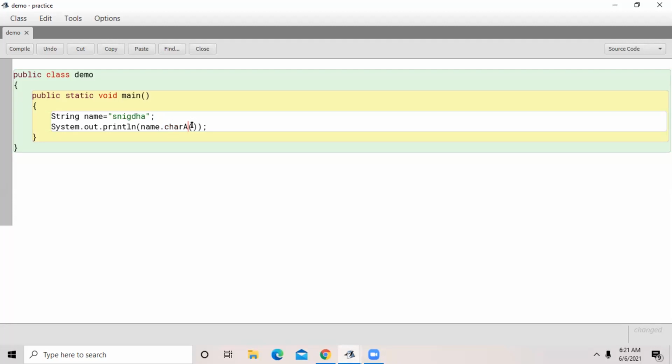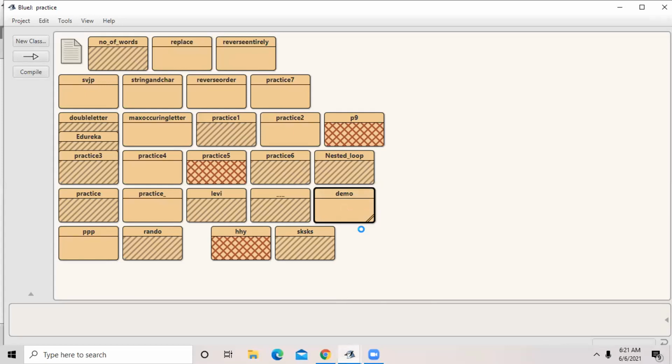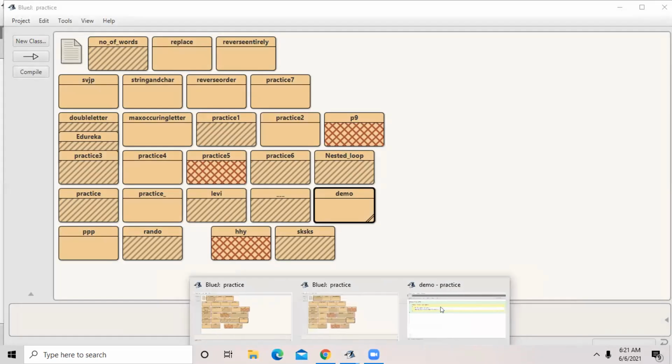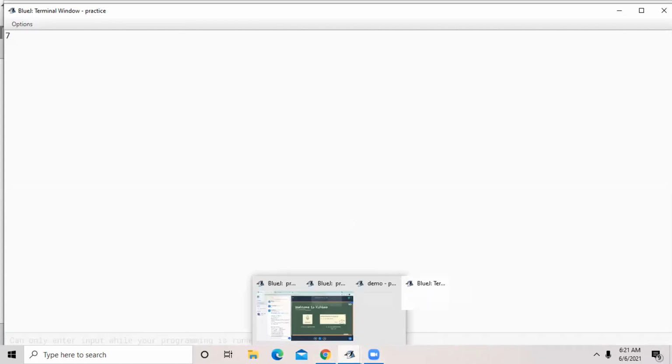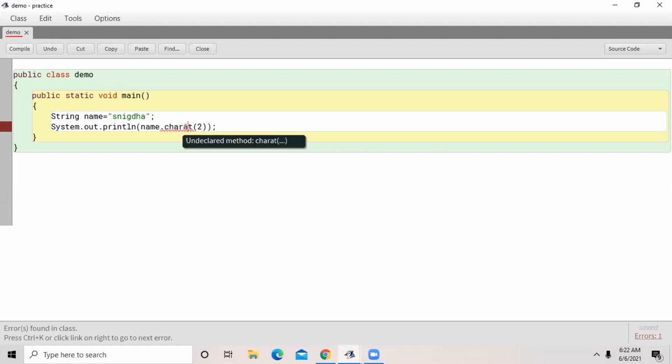Okay, yeah. charAt, correct. Go to that demo void main. Yes, correct. No, no, it's a capital in only.